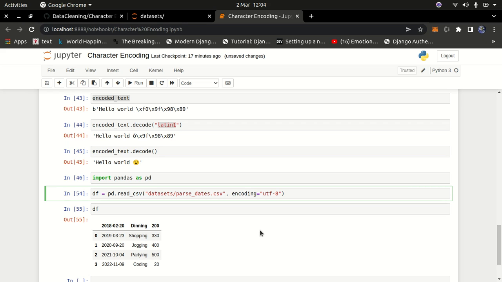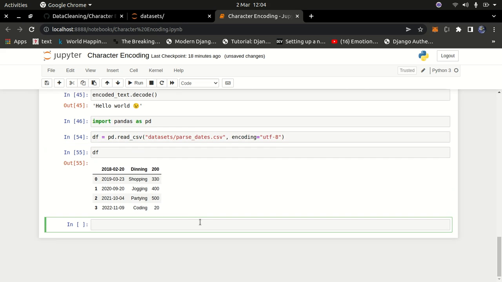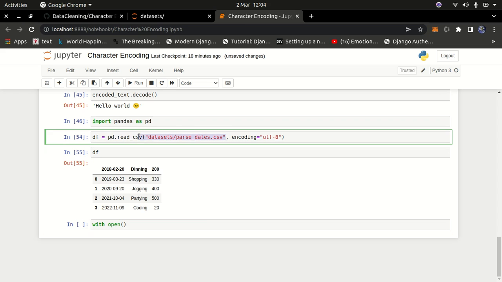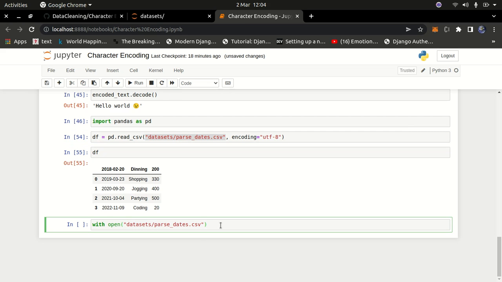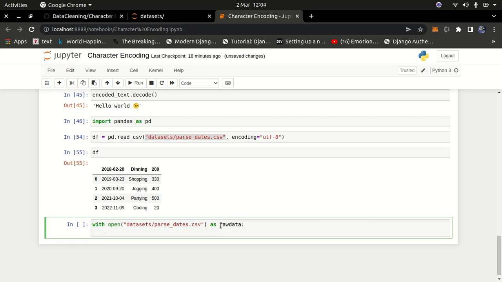So one of the things you can do is read the data set and try this method. This is not 100% guaranteed to give you the data that you want. So I'm just going to go ahead and open this CSV file right here. I'm going to copy that and paste it here. So I'm going to read this as raw data. Inside of my raw data, I want to say results, and the results is going to be chardet